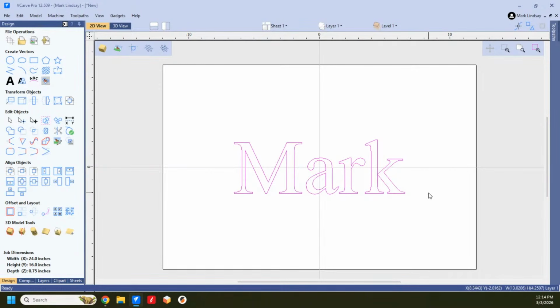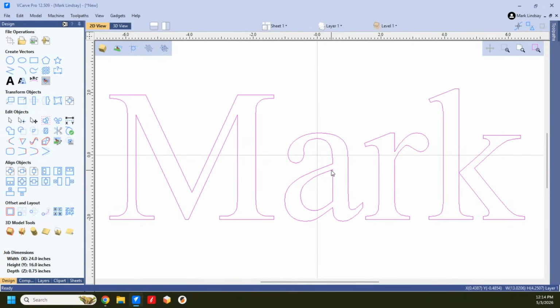Basically the whole job of the V-bit is to carve the inside of these vectors. So you see I've got these vectors real close together here. That bit is going to carve shallower